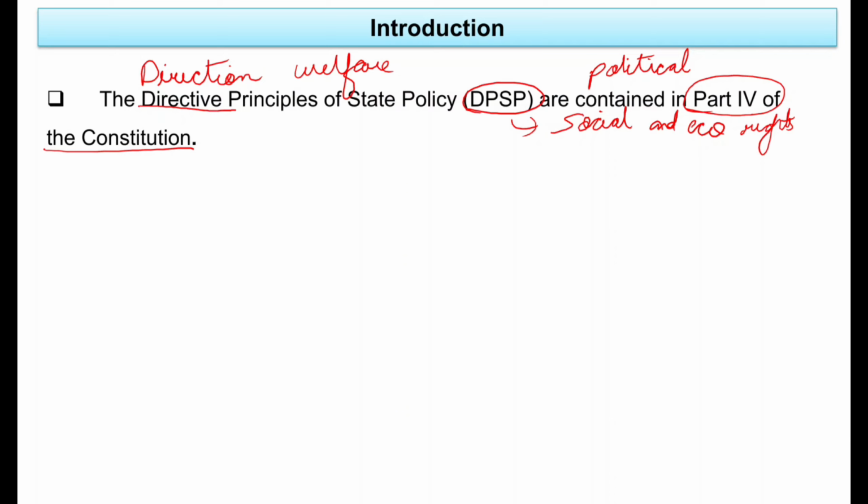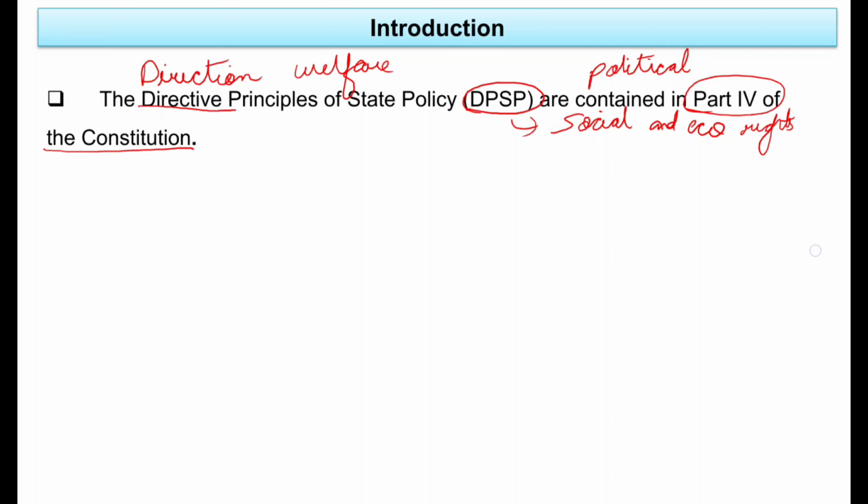For example, what is the goal of the DPSP? It should be the welfare of the people, providing social, economic and political justice. These are not enforceable, okay, these are non-enforceable. You should remember that. That means you cannot claim them. In case of fundamental rights, you can go to the court and claim if your rights are violated. But here these are